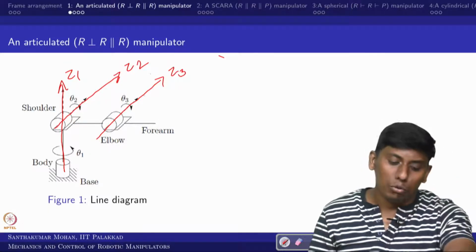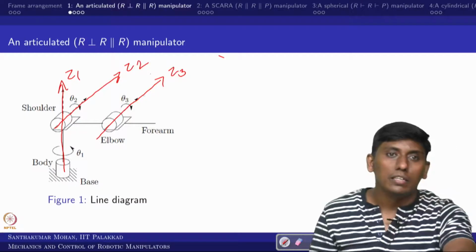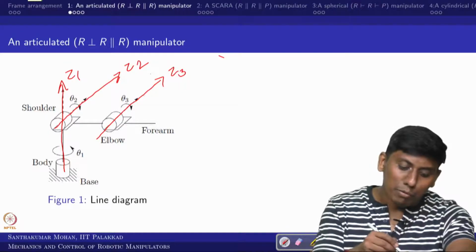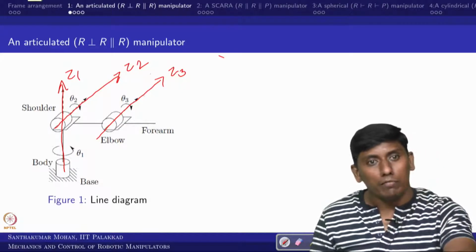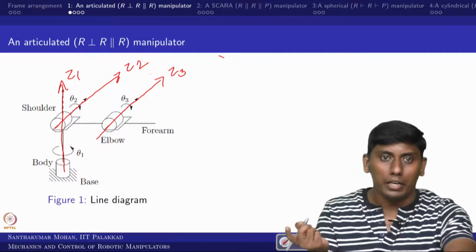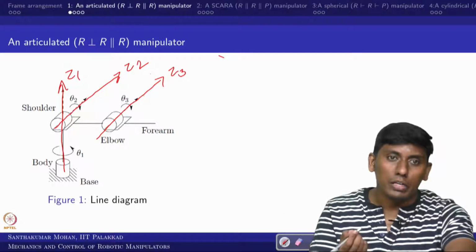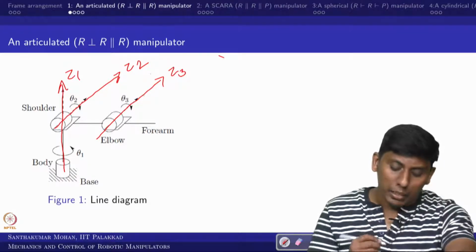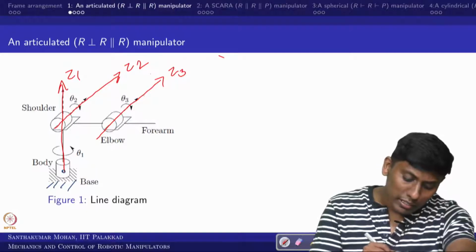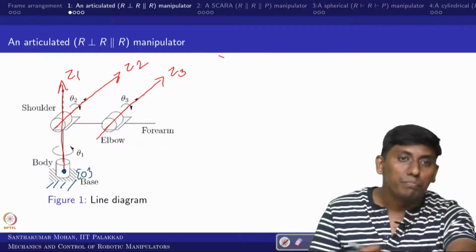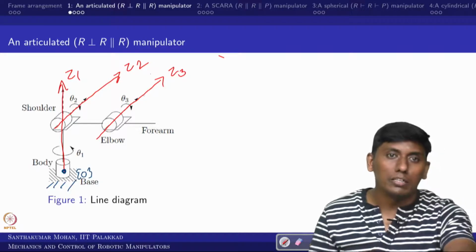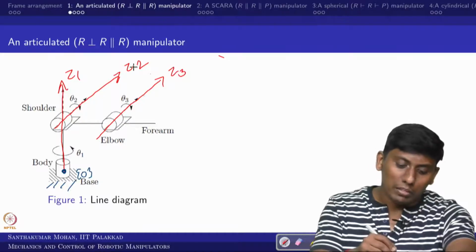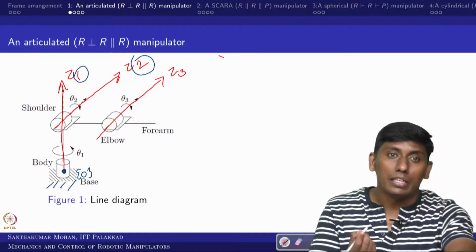What is the next rule of thumb? You have to fix the frames. The axes go from 1 to 3, but you have to start from 0 and end with 3 plus 1. You have to fix the frame points. The first frame point you can choose, but right now we assume this is the base, so I start from here as the 0th frame. Now for the second frame location, it is EC. What is EC? You have to see whether Z2 and Z1 are intersecting or not.